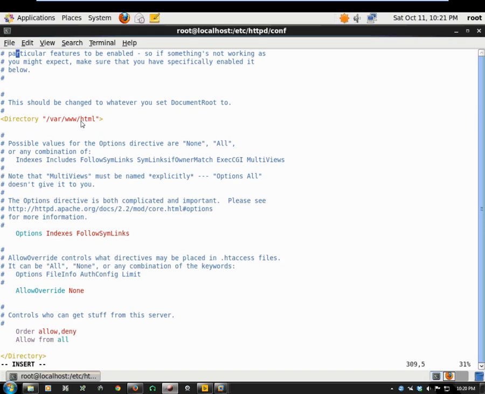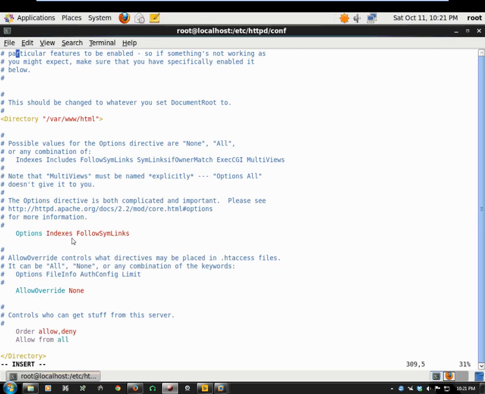So what I do here will also apply to those two and to every other even index files that are within that. Right down here there's an option in this directory called Options Indexes FollowSymLinks. This is the part that controls how the Apache Web Server looks at folders and files within this default location. And right now, believe it or not, the Apache Web Server is set up to have directory browsing turned on